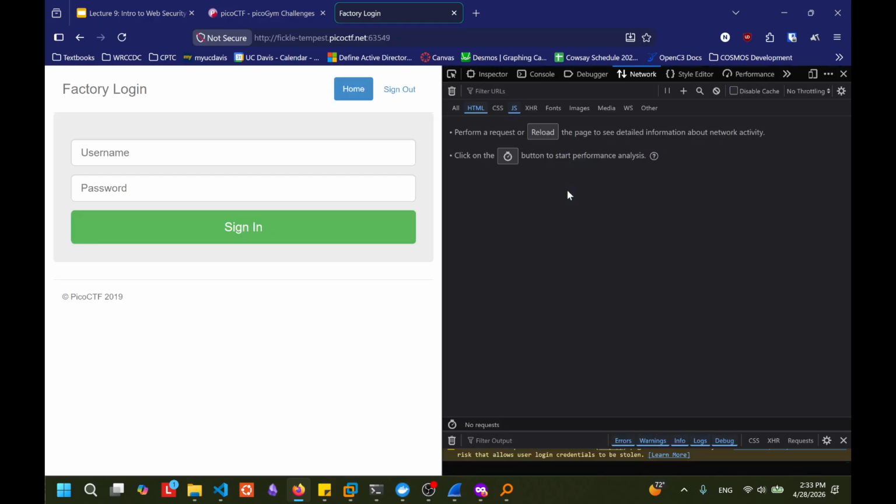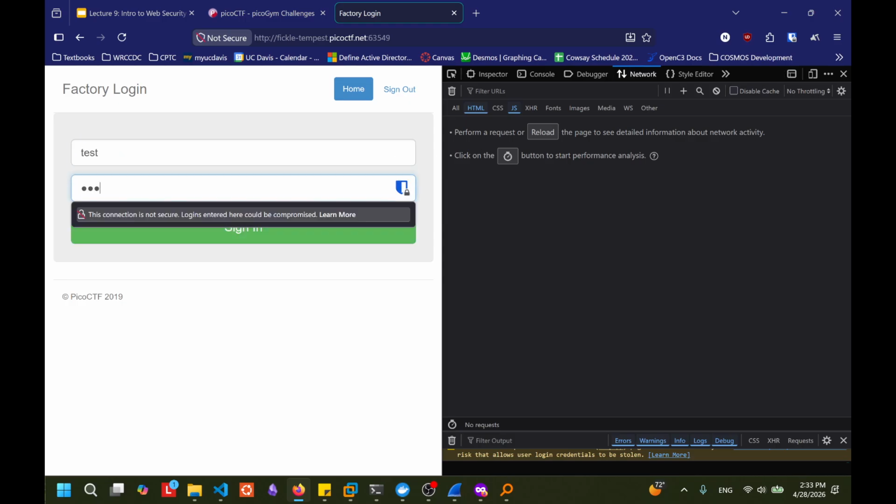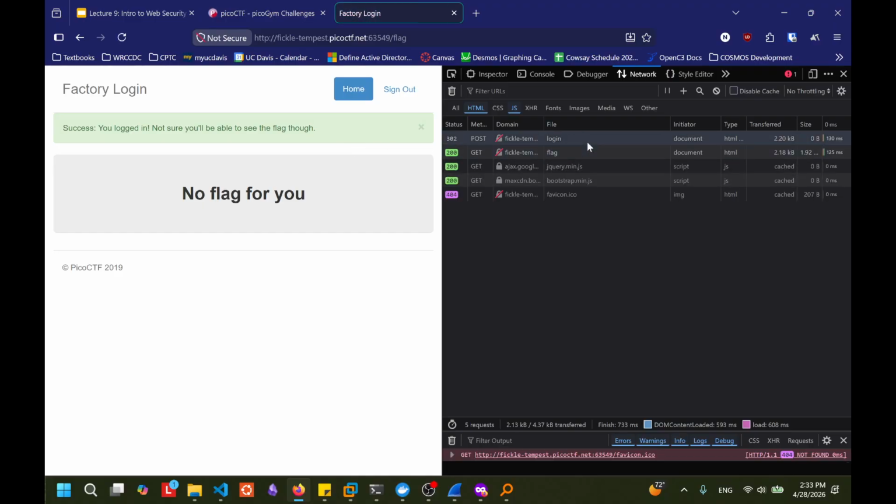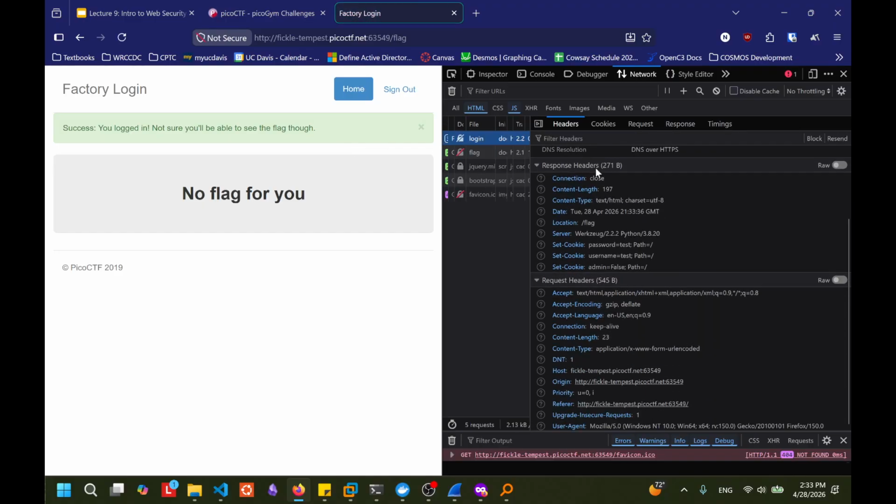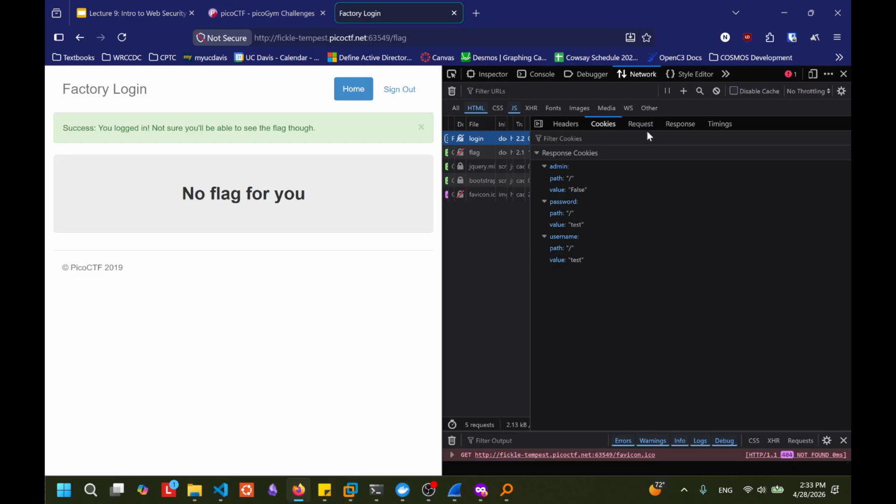Here's a useful thing you can do with dev tools: you can capture requests. When I say I want to execute a login, what information is being sent over HTTP? I'm just going to do test. It made a request over POST, and I sent form data.